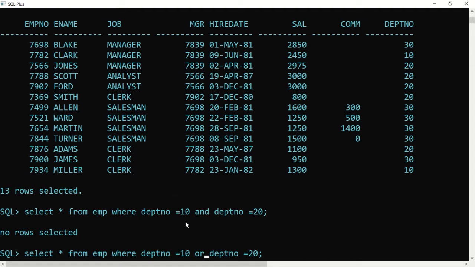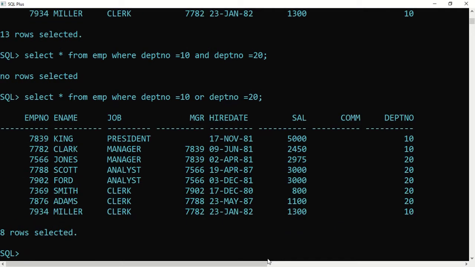This is our first condition and this is our second condition, whereas this is the first condition in OR and this is the second condition, but in between we are using the OR operator. AND and OR are the logical operators. In the OR operator, if any one condition is true, it will list it out and show you the records. So I'm going to press enter, and it shows the records that match the condition.